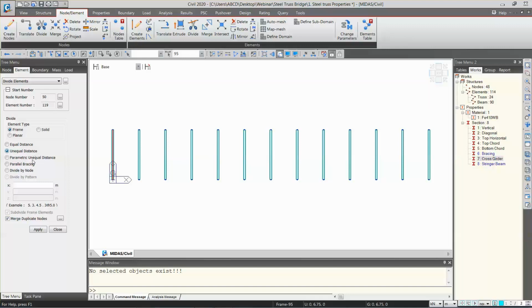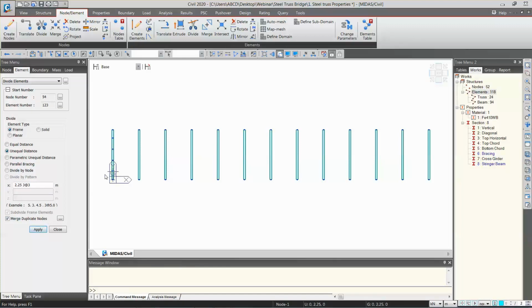So I will use unequal divisions because the first distance is different and the in-between distances are 3 meter. Okay, so the first distance is 2.25 and the remaining distances would be 3 meter. So if you see, this is 9 meter plus 2.25. Okay, so 11.25 and the whole distance is 13.5. So the remaining is also 2.25. So the end distances are symmetric and the mid 3 meter distances are symmetric. Okay, so no matter which direction the beams are aligned, from this end to this end or from top to bottom, the element local direction here doesn't matter because the divisions are symmetrical. Okay, now I'll click on apply.